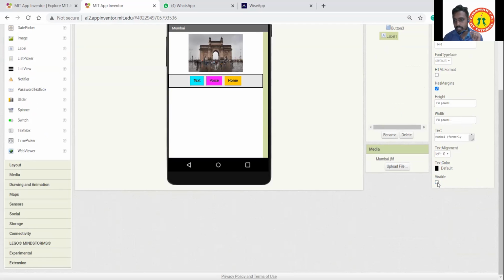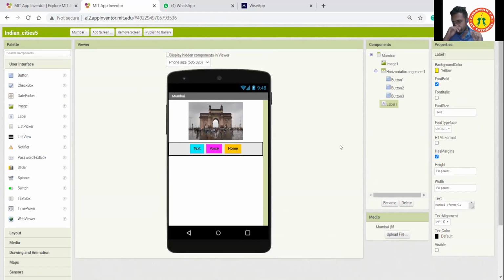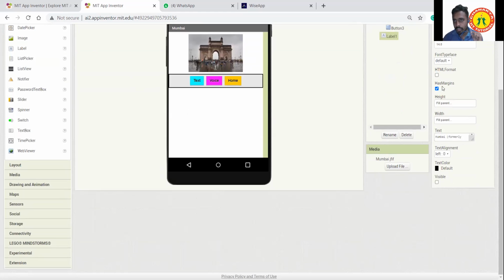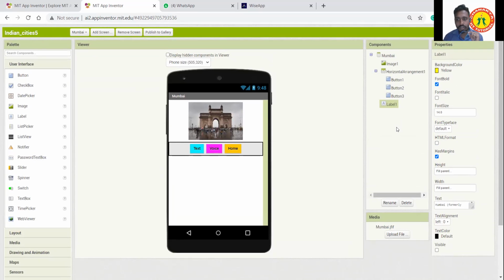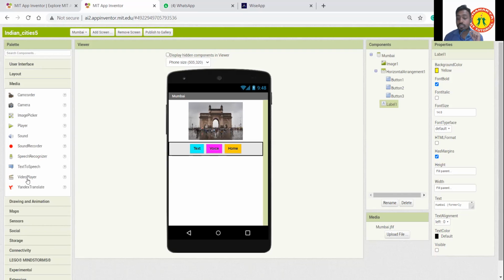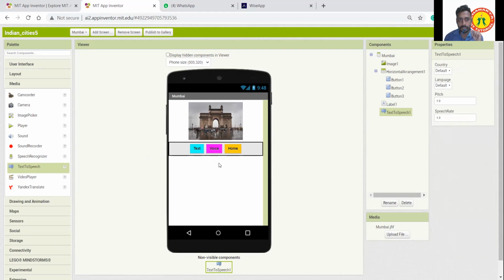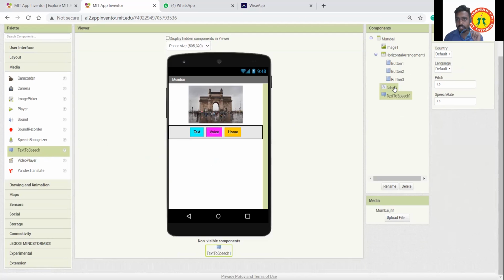Just untick visibility in Label1. In the Mumbai, Delhi, or any city screen, go to the label and make it invisible. Then, guys, don't forget to check whether you have added text to speech in each screen. You have to add this one, text to speech.